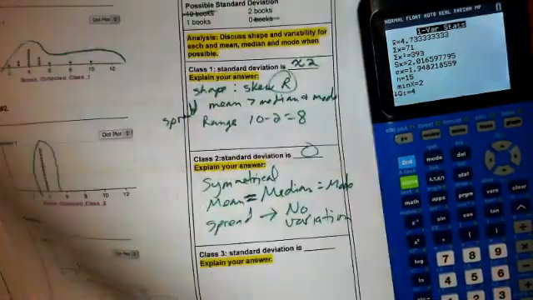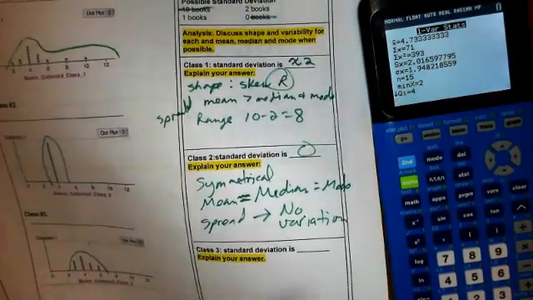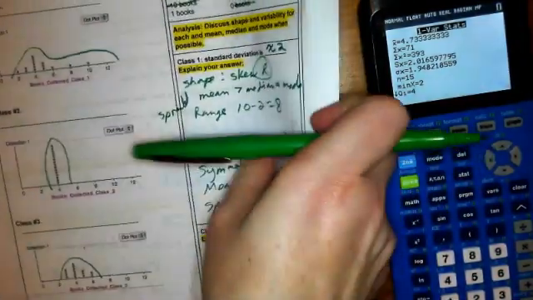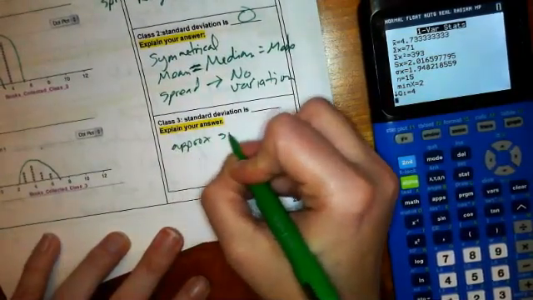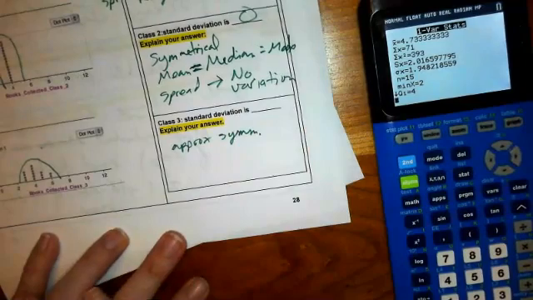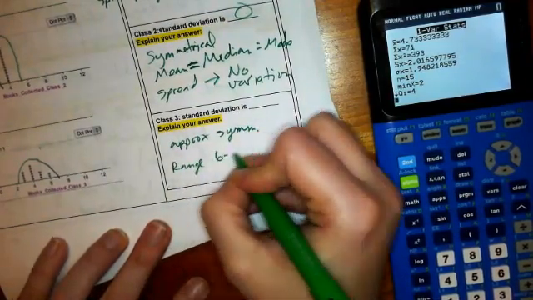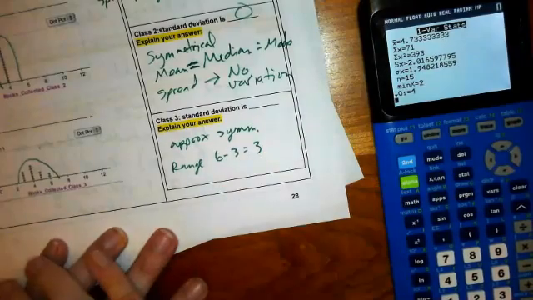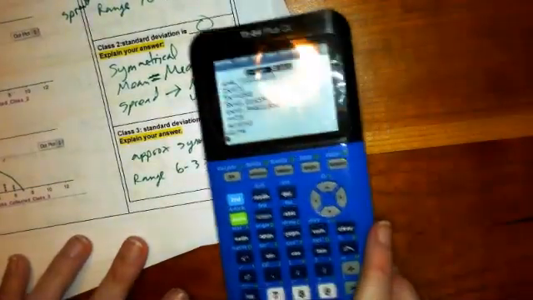And on this last one, we are going to have something that's, again, approximately symmetrical, which means they're all approximately equal. The range is going to be 6 minus 3, which is 3. Our standard deviation, I can tell you right now it's 1, but if you want to calculate that,